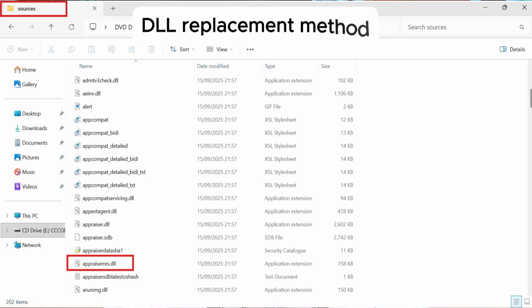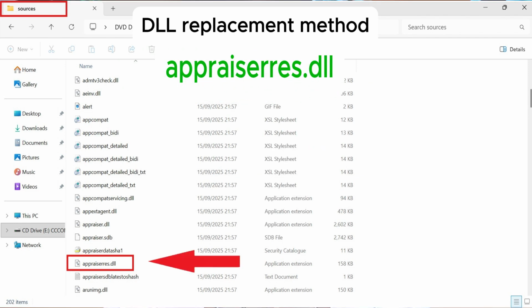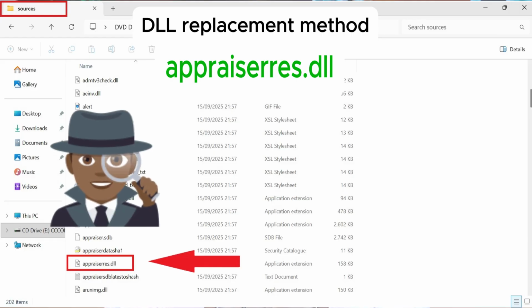The fourth method is the DLL Replacement method. This method typically bypasses all major hardware checks, including TPM, CPU, secure boot, and RAM checks. This method simply replaces the file responsible for hardware checks. This file is called Appraiserres.dll, and it is located in the source folder of the ISO. You replace this file with a modified one, which, you guessed it, will not perform the hardware